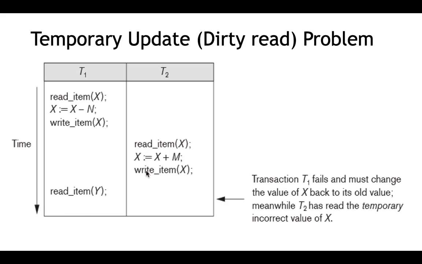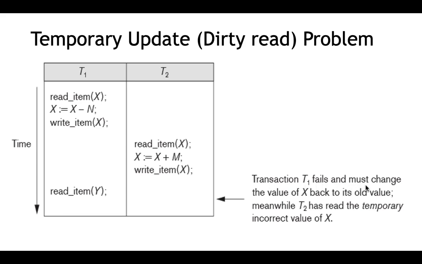So actually we have read a dirty value, a value that was temporary before being committed. The update made to X is temporary, and that temporary update was considered by T2. Finally T1 doesn't commit, and we have to redo this transaction. So T2 had read a wrong value. Such a value is termed a dirty read issue. So that is the issue over here.